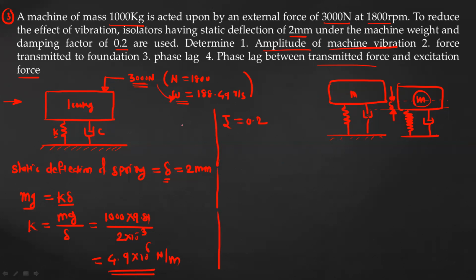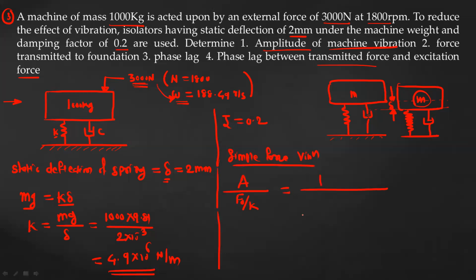The equation for the amplitude, a magnification factor equation, is A upon F0 upon K is equal to